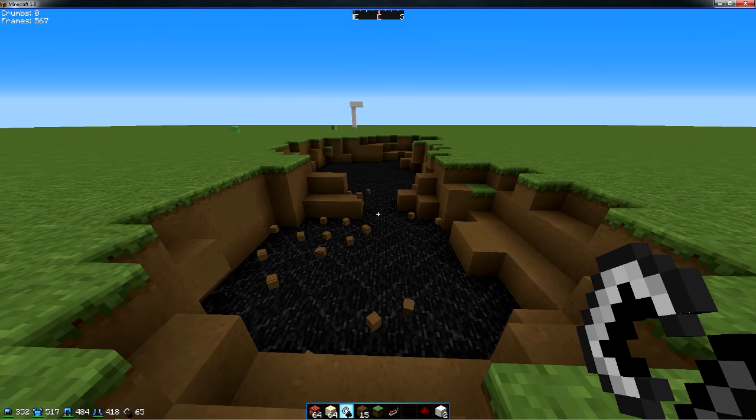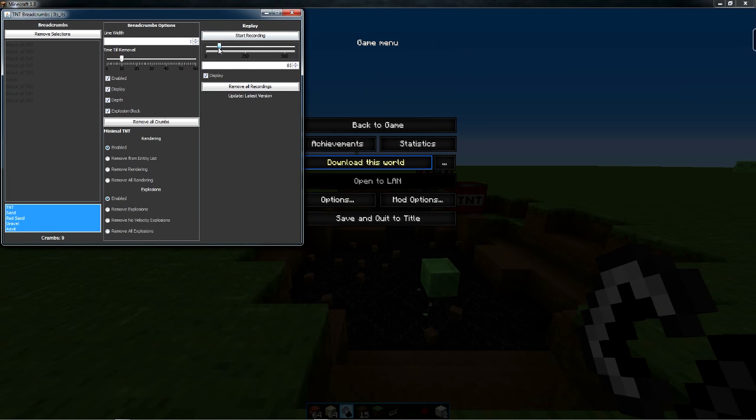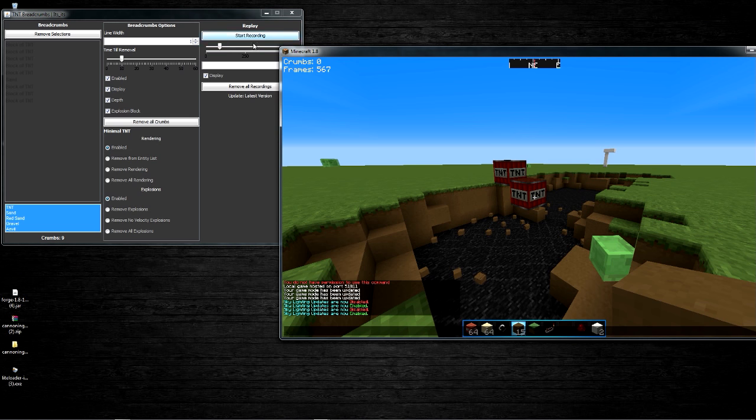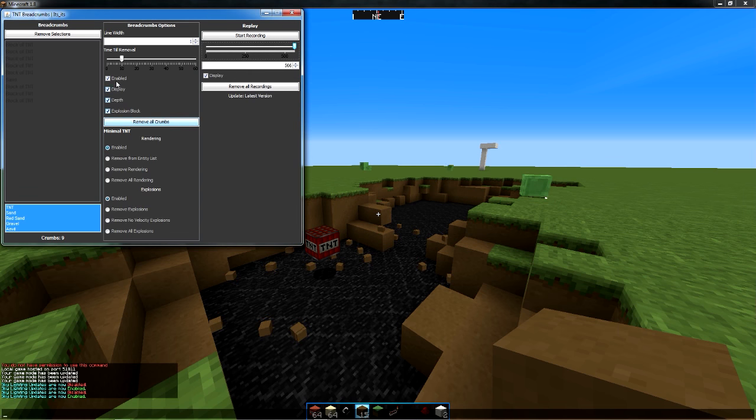Maybe I didn't do it right. I probably didn't record it right. Oh, we have to check this display thing right there. Yeah, so you can see in the background, I'll try to make it visible, but you can see as I scroll through, the TNT is actually moving. So ideally I'd have this over here, and I'd just be able to do this. So I can literally look at exactly what happened during the time I recorded. So that's awesome. That is my favorite feature. And to disable this, we'll just uncheck all these, uncheck that, and close that.